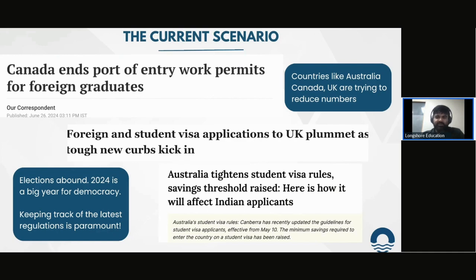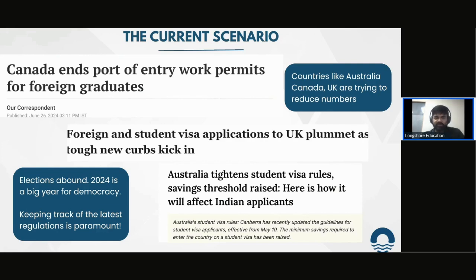For these countries, migration is a major focus, because since the COVID pandemic reduced the number of students moving from India all over the world and from one country to another, really, there has been a huge boom in the numbers. The reduction of migration is something that these countries are focusing on now. Canada, Australia, UK have had huge numbers of inflation, huge numbers of students, and a housing crisis as well. Based on this, they're trying to reduce the number of students coming in.